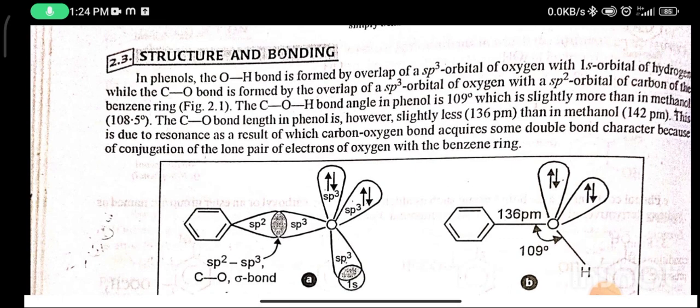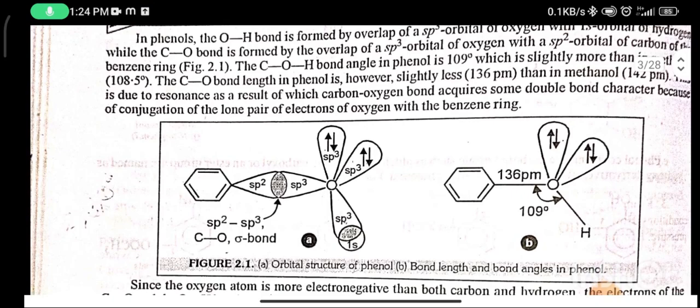The O-H bond is formed by overlap of sp3 orbital of oxygen with 1s orbital of hydrogen, while the C-O bond is formed by overlap of sp3 orbital of oxygen with sp2 orbital of carbon of the benzene ring. The C-O-H bond angle in phenol is 109 degrees, which is slightly more than in methanol,